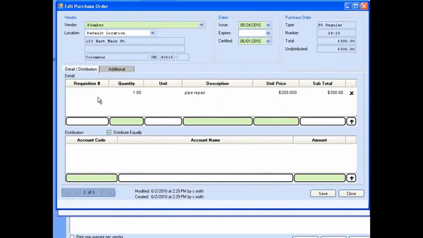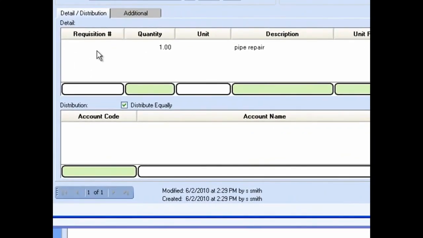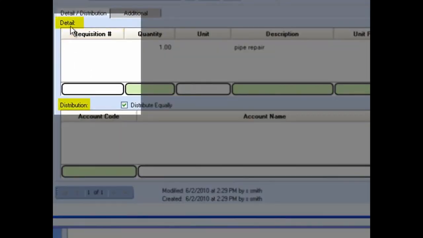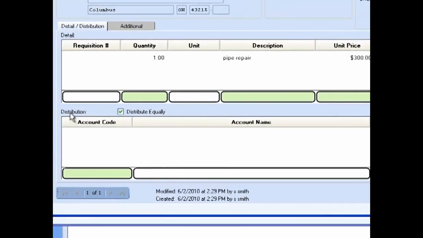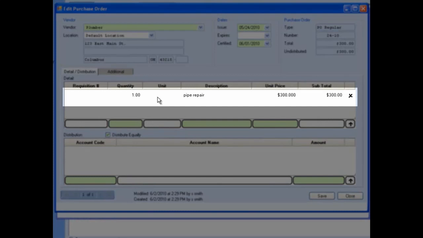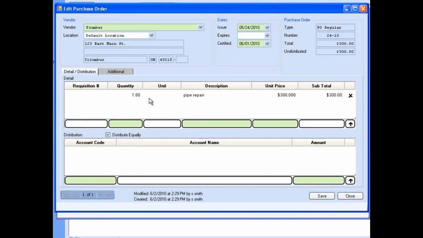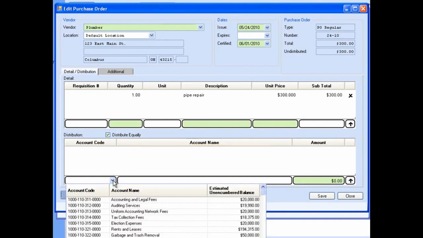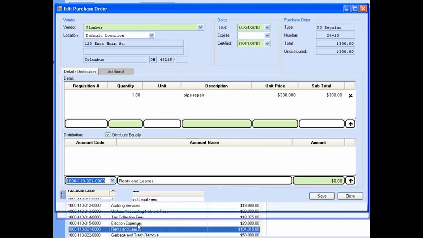The type of entry to be input into that grid is listed in the upper left-hand corner of the grid. For example, purchase orders have detail and distribution data entry grids. Entries are the line item elements that make up items. For example, a receipt is a type of item, and the receipt distribution line items in that receipt are entries. Another example, a purchase order is a type of item, and the account code distributions in that purchase order are